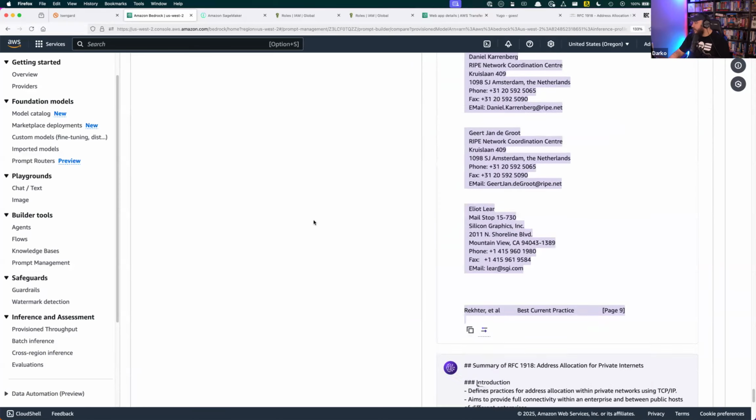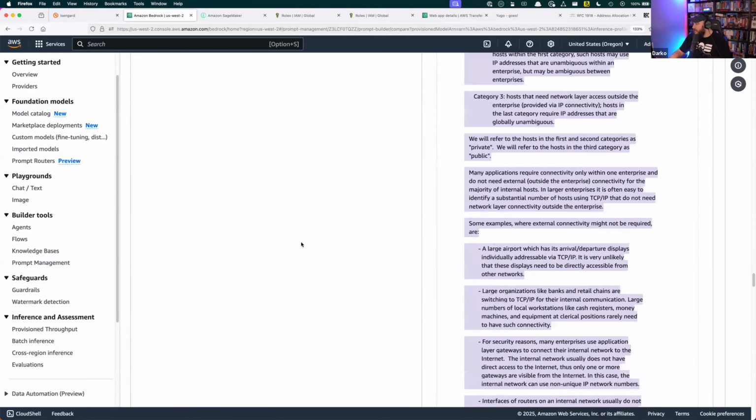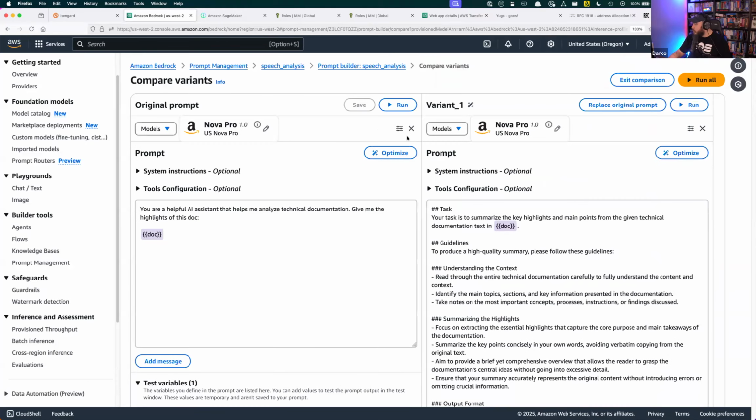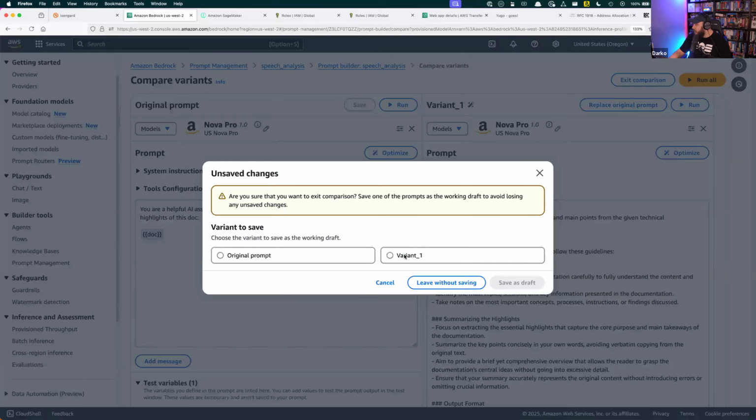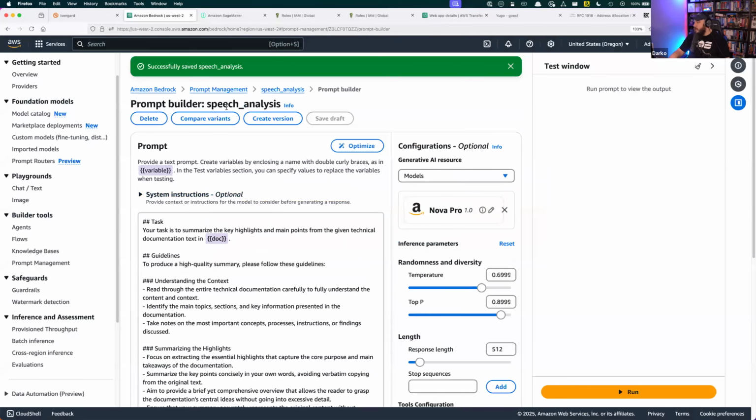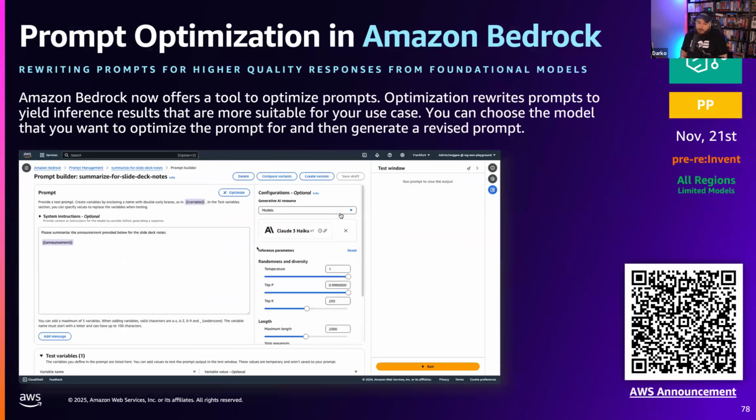So basically it helps you optimize your existing prompts. Nothing special, but it's a really cool little feature that can help you get from your basic prompts to something better. And of course, you can save this prompt, like exit comparison. I'm going to keep variant one, and that's it. Now my speech analysis prompt is going to be this one. Nothing too crazy, but incredibly useful. Because in the past, I would literally just copy paste my prompt into an actual model and say, is this good? Make it better. But again, this is now built into your prompt management.